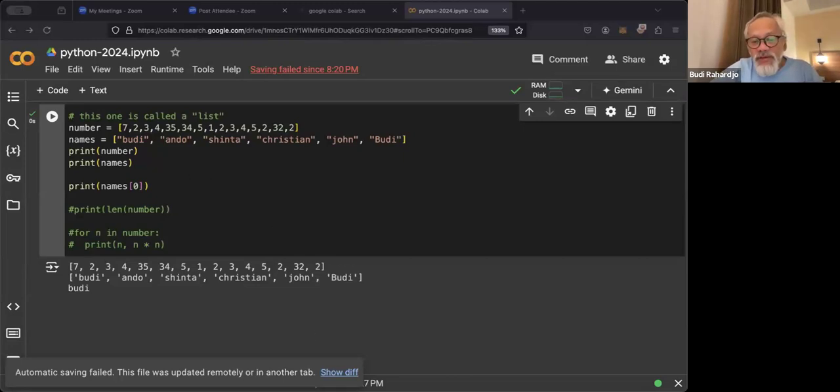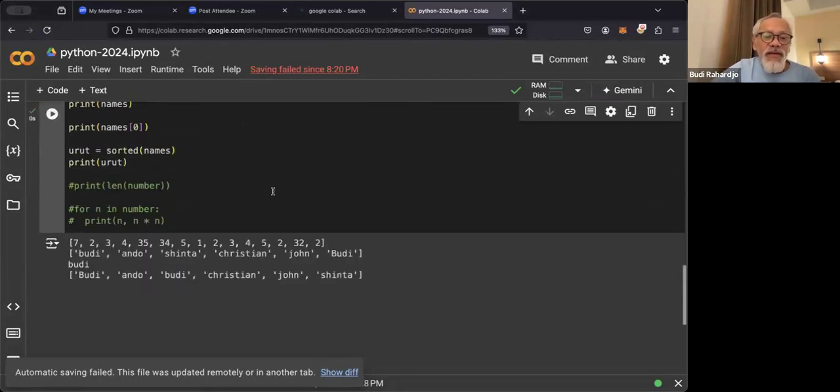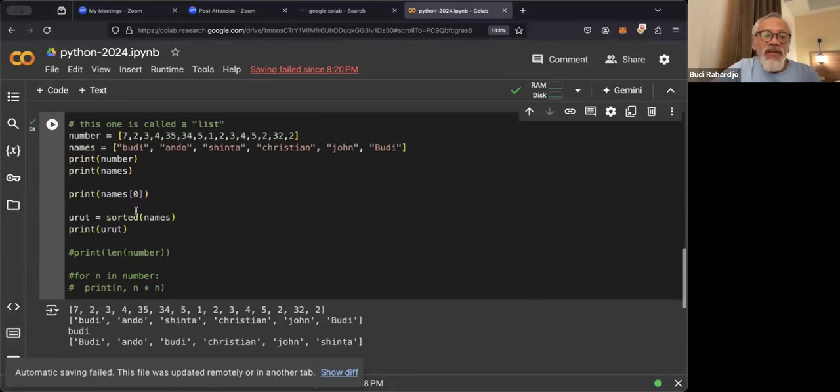Let me just do this: urut equals sorted of names, for example. Print urut. So you can see I can sort this using the command sorted.